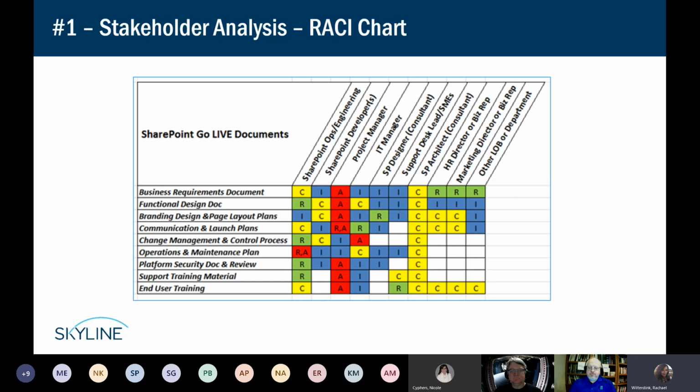The next one here is called a RACI chart. Raise your hand if you're familiar with RACI charts. I'm hoping a good percentage of people are. Okay, good. This one shouldn't be too surprising. RACI stands for Responsible, Accountable, Consult, and Inform. There's also another slight variation on this that has an S in the name. I can't remember what that stands for off the top of my head, but there are different flavors